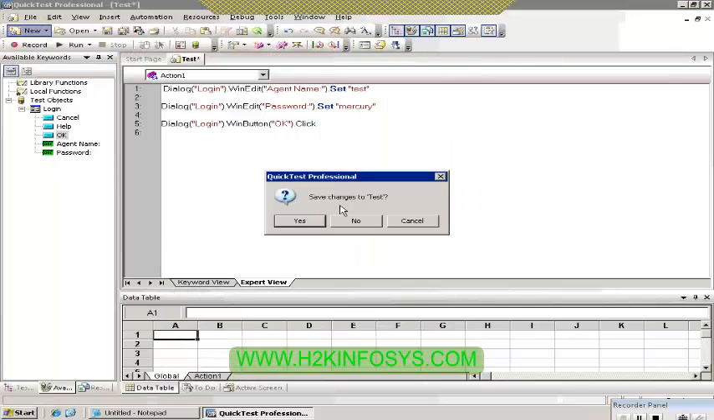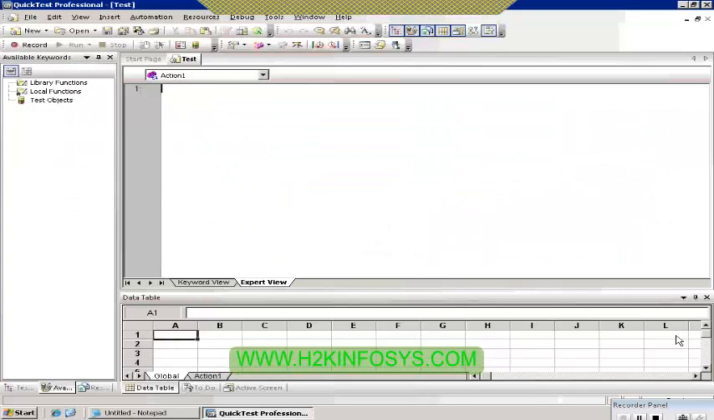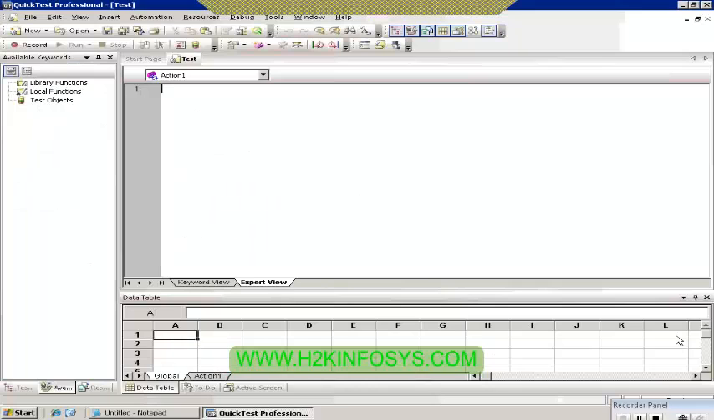Alright, so let's look at the basic functionality in QTP. Let's try to understand those features. So today, maybe this week, today, tomorrow, probably the next day also, we're going to look at some of these features, what we learned, what we not